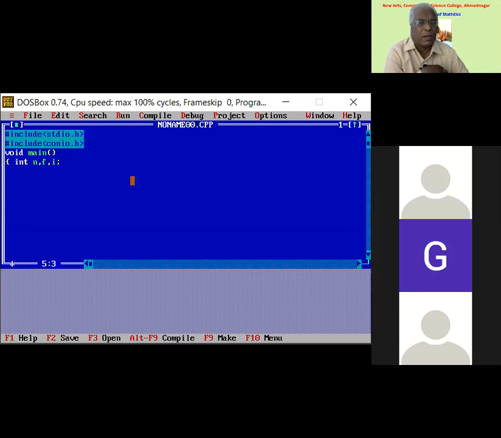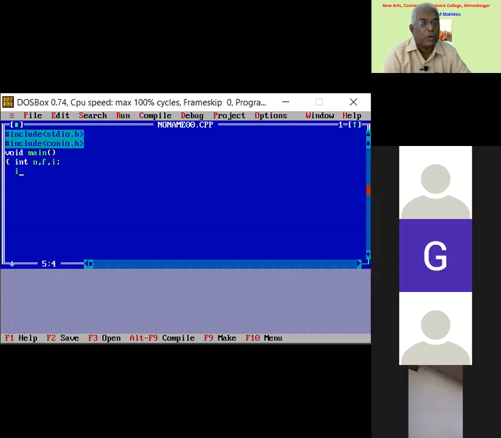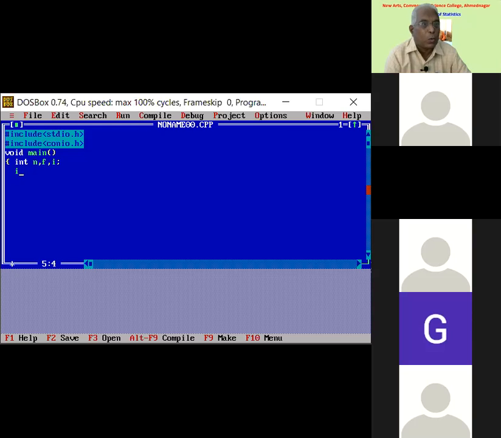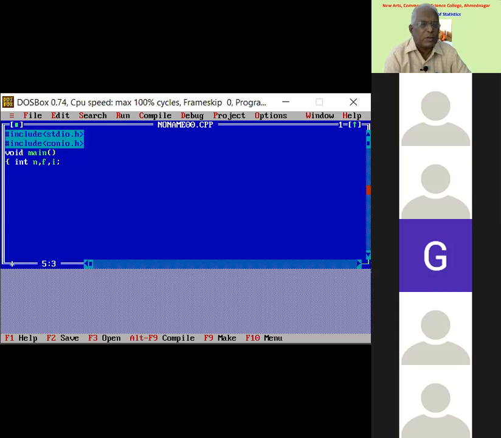Now see, int n, f, i. This is because n means I want to mention for which number I am going to compute the factorial. f is my output factorial and i is my counter. I will start from 1 to n. So i equal to 1, i equal to 2, i equal to 3. So that is the counter. To begin with, we will initialize f by 1 because we are in product mode, multiplication mode. So initialize f by 1;